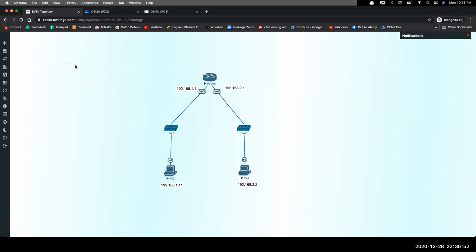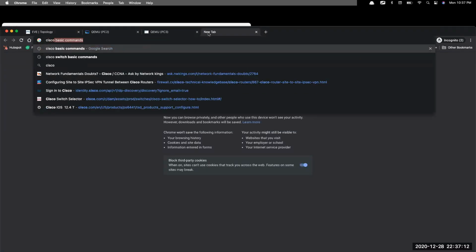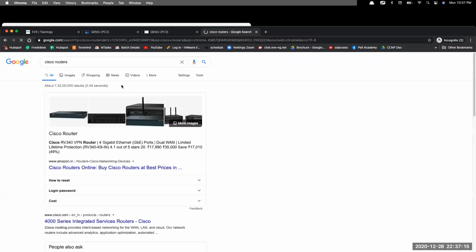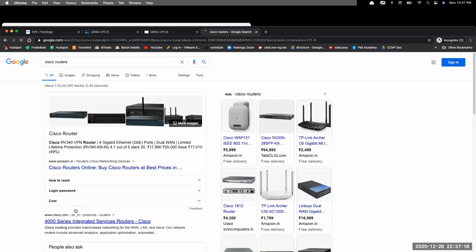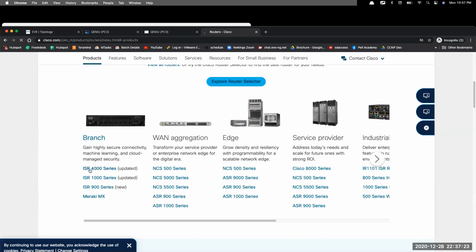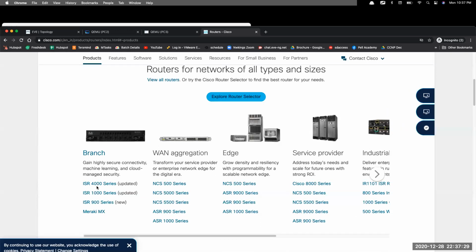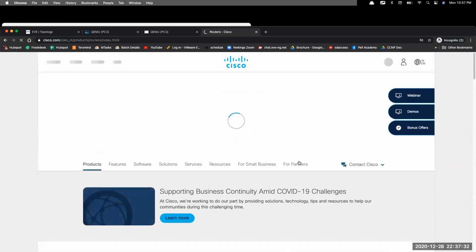Kunal is asking, sir, can we have 100 interfaces on a router? Yes, it depends on the model number. This router may have around 4 ports or maybe 8 ports. You can always check Cisco or Juniper or any company name. Let me show you Cisco routers. Just go and check cisco.com, and there are multiple. You can see the branch routers, that is the ISR 4000 series. If I go on the ISR 4000 series, you can see every device has a data sheet.